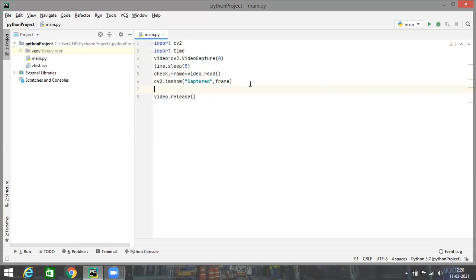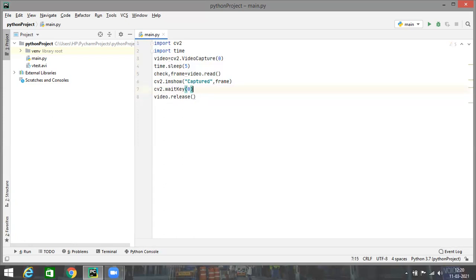After this, I'll have to give certain options on which I can destroy this particular window. In the last video, we saw the use of the waitKey method. A similar waitKey method we'll have to invoke here also. If you are not familiar with the waitKey method, or what imshow is, please go to the previous video we created on reading images, so that you'll get a clear idea. I'll invoke the waitKey method and pass 0 here so that the window is displayed to the user until the user presses some key on the keyboard.